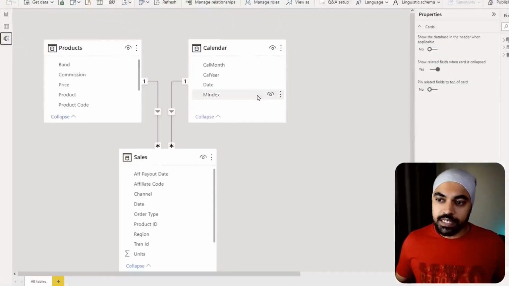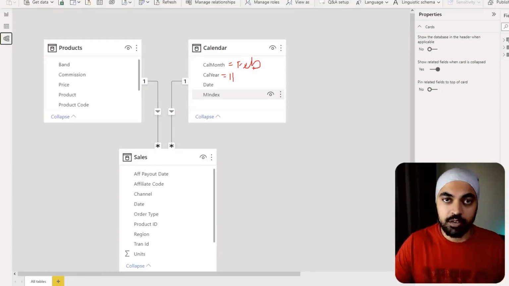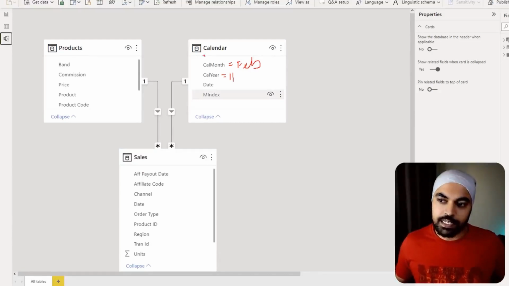So in your date table, what's going to happen is that the year is going to be restricted to only 2011. That's one filter. And the month is going to be only the month of Feb, because right now we are trying to validate the month of Feb calculation. With 28 days retained in the calendar table,